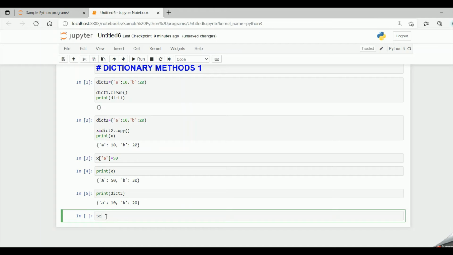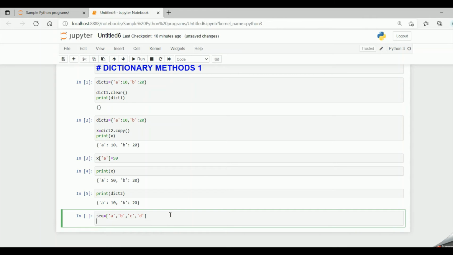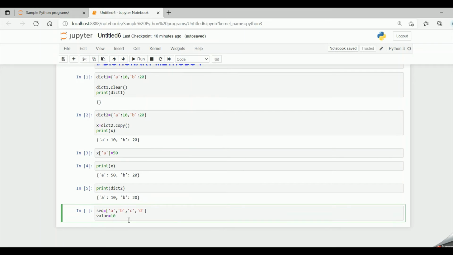Suppose my sequence is equal to A, comma B, comma C, comma D, and my value equal to 10.